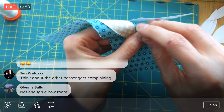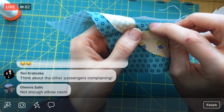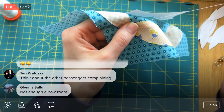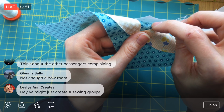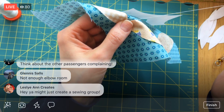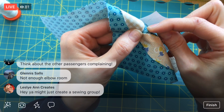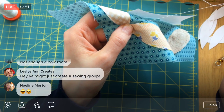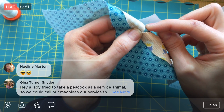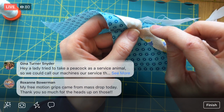All right, we got like 3 more stitches here. Not enough elbow room. Yeah, you'd have to squeeze in a bit. Yeah, you might make a little airplane sewing group. Okay, last stitch. I'm going to end in that corner again, and I think I'm just going to go